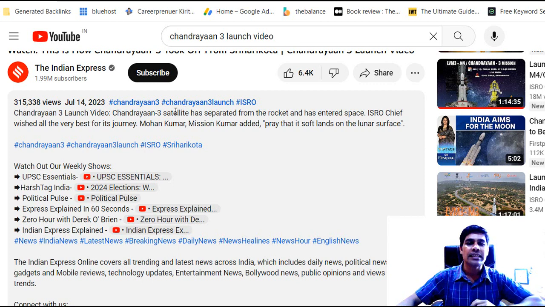So we have just seen the launching video of Chandrayaan-3. So the Chandrayaan-3 satellite has separated from the rocket and has entered space, right?